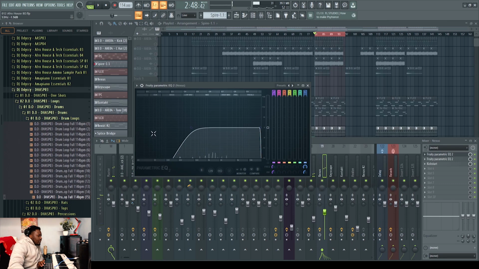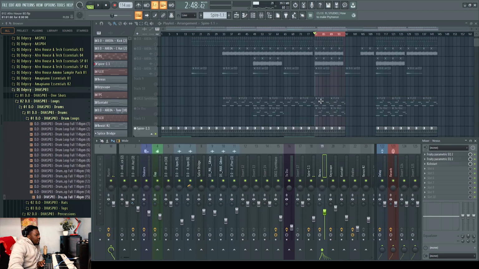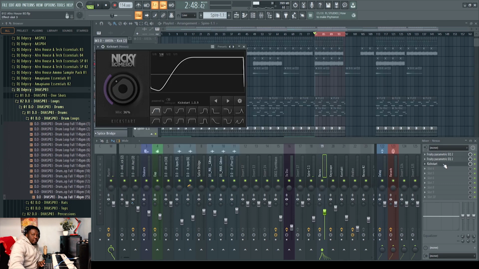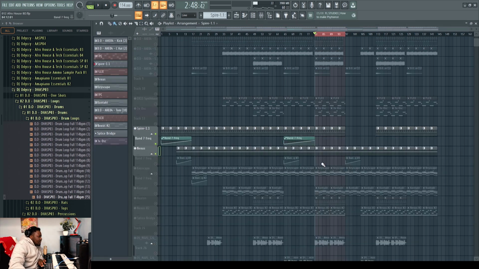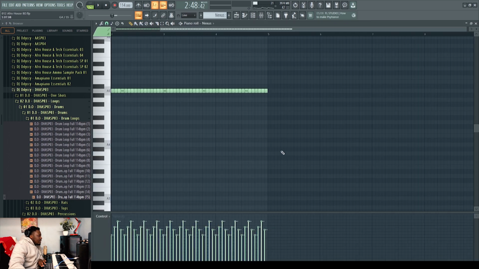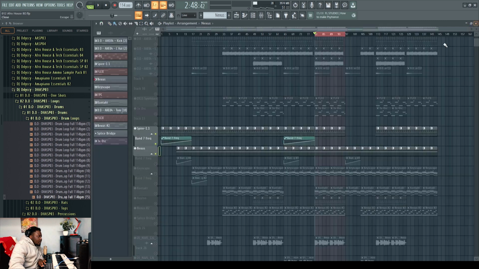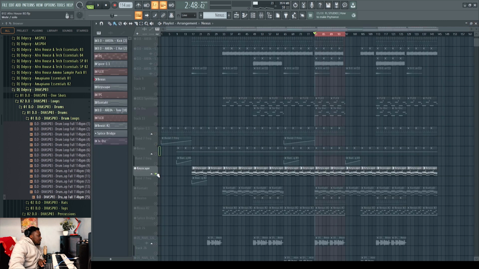If you are aware as well, I cut off the low frequencies, and then I also add a kickstart. That's why you're hearing every time the kick hits, it kind of compresses it down, you know. Sorry if I'm not speaking to the mic, but yeah, it kind of compresses it down there. And then if you look at this as well, the velocities are different. And then now let's get to,